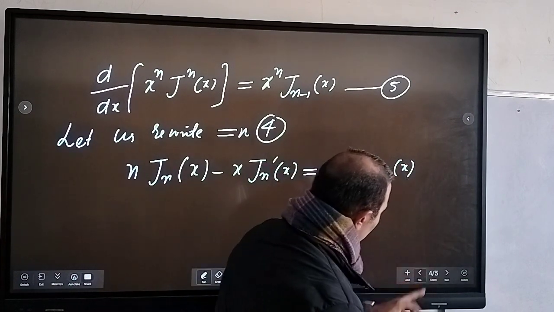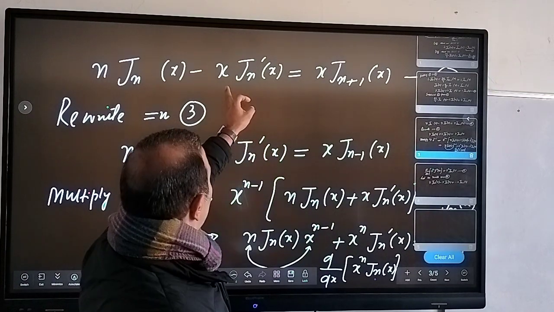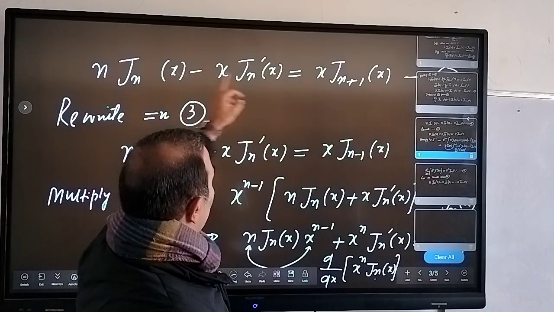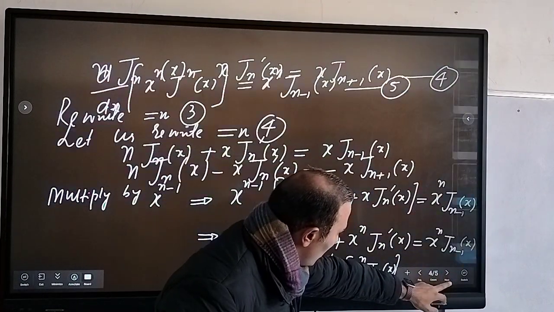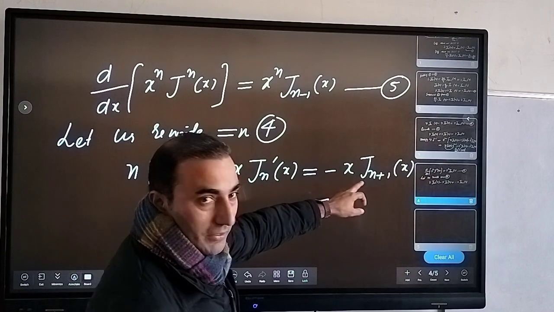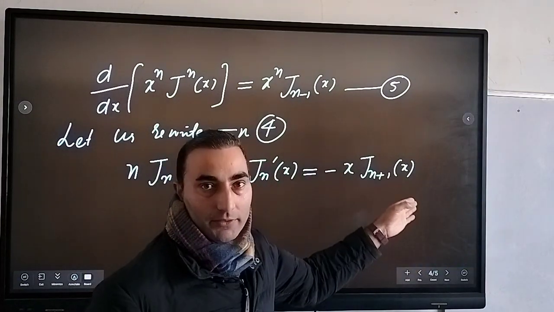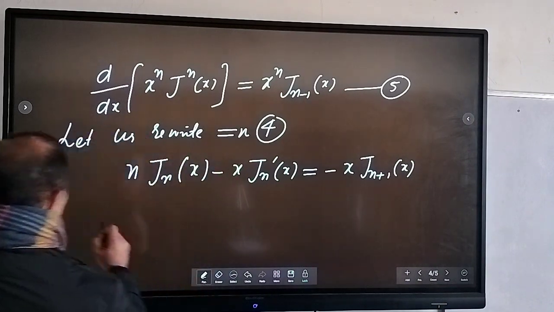And here what I did is, you can rewrite, because if you write this first term here, that's x J_n dash of x, then this will be minus. So what I wrote here, that is n J_n of x first, so the second term will be minus. Right? Or you can write this term first, then it will be plus. Now you multiply this by